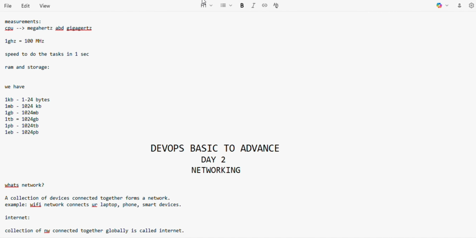It connects millions of networks so that devices everywhere can communicate.